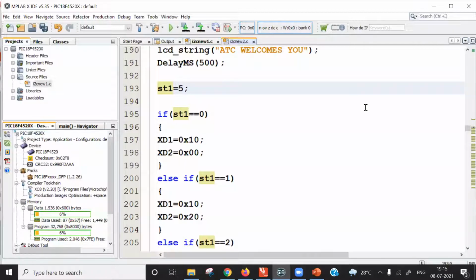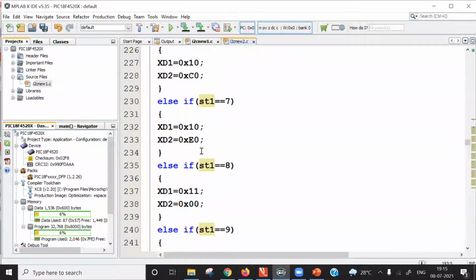Then you go for next value of ST1, which is 1. Then check with 2, 3, 4, and so on. So try to get minimum digital number on the display with appropriate value of this XD1 and XD2, because these XD1 and XD2 values are written to the register pointed with 0x08 address, that is config measurement 1 register. So that is done in here.